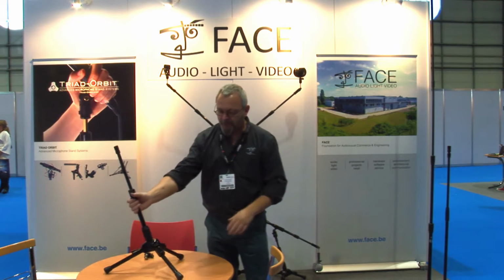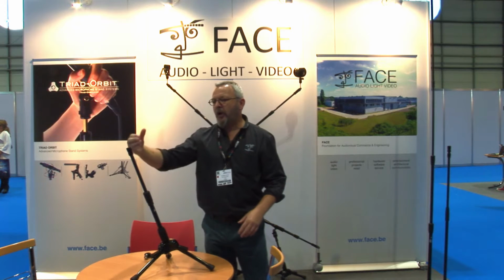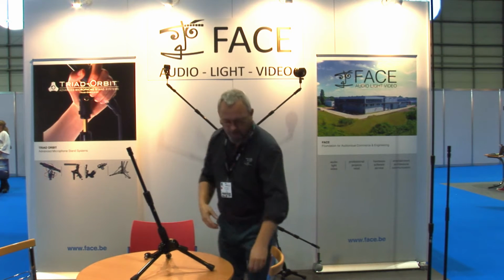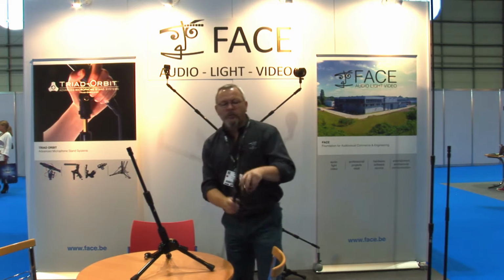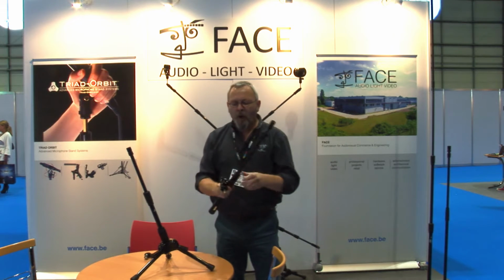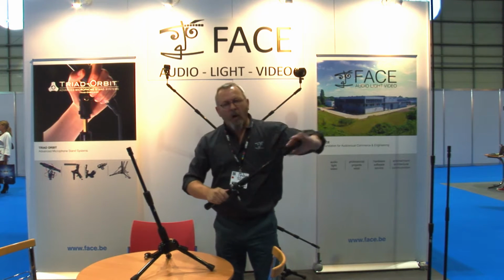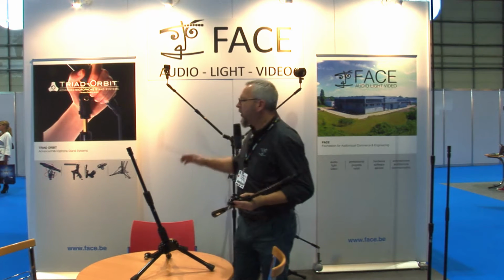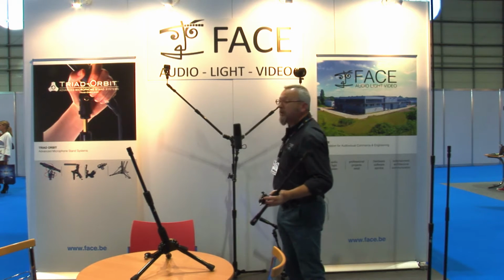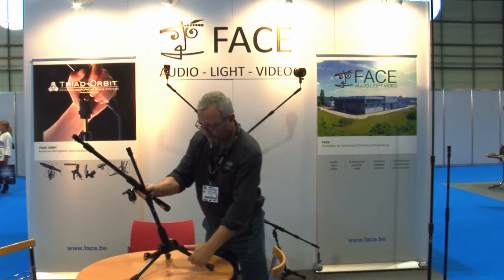It starts with the position of the stand, and after that on the stand you can mount some orbits, some boom stands. I have here for you the 01, called that because of orbit in the air and because of one arm. We also have the 02, with two legs on the boom. Now, to show you